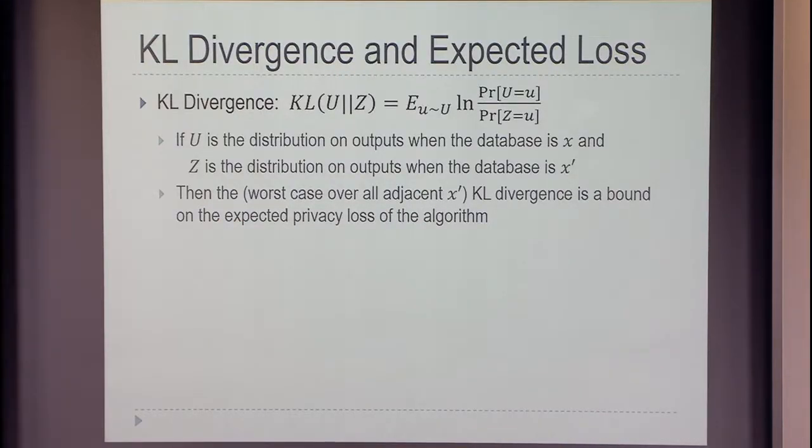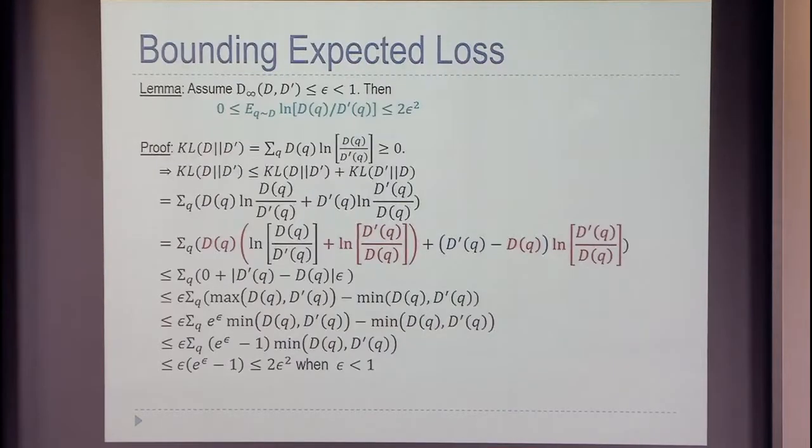I'm not going to go through that proof, the proof of the expectation, but I did choose to put it into the slides, for one thing, so that they're there for the record, that anybody can see them, and also to note that we're really looking at a KL divergence notion here, where U is the distribution on outputs when the database is X, and Z is the distribution on outputs when the database is some adjacent X prime. And so then we end up proving something about the KL divergence of two distributions